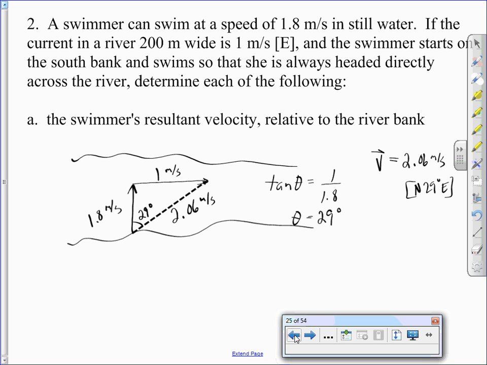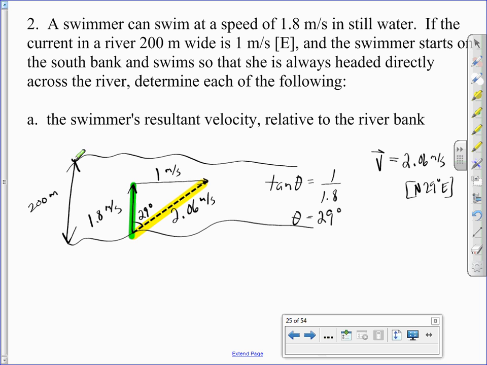We're looking for the time. Well, we have to know the distance in order to find time, and we're told earlier in the question that the width of the river, at least at this point, is 200 meters. When you look at the vectors, you automatically would be led to maybe use the r vector, but that vector is taking you not only across the river but downstream. In order to find how long it would take you to go across, we would use the value that is taking us across, which is 1.8. Because even though we're going at an angle at 2.06, really we're still only going across the river at 1.8